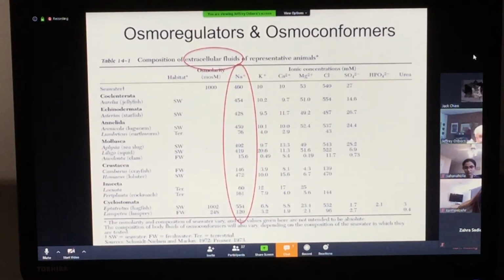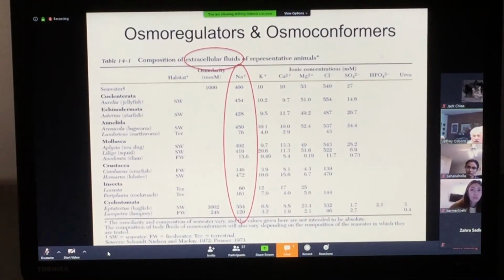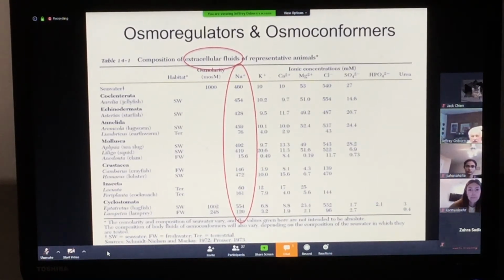Now, we ended up on Friday talking a little bit about how different organisms regulate their body fluid volumes, and we have two different kinds of body fluid volume regulators in the animal kingdom. One is an osmoregulator. That's what we are. That's what mammals are. That's what most animals are. Most mammals are. They're osmoregulators. In other words,